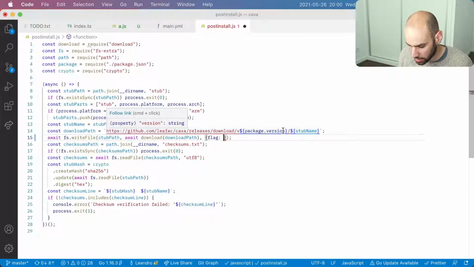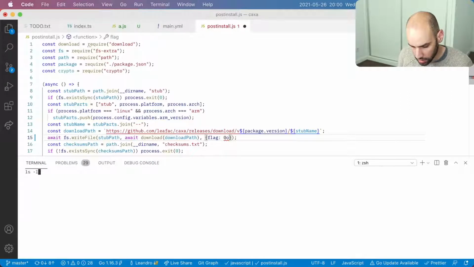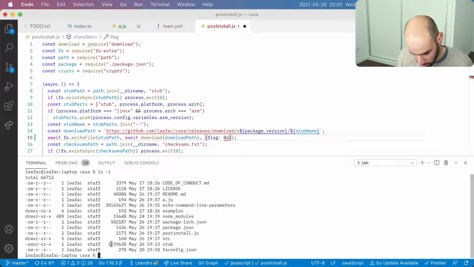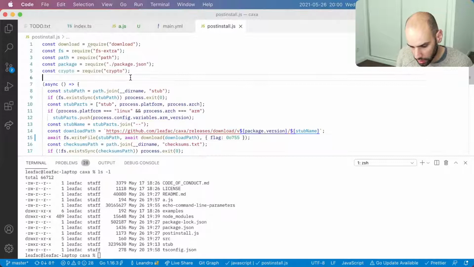So what I will have instead is, well, I guess whatever the stub has. So here is 7, and then this is 455. So it's 755. And I think that nails this. Yeah.